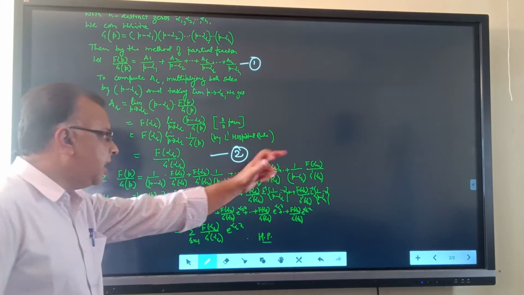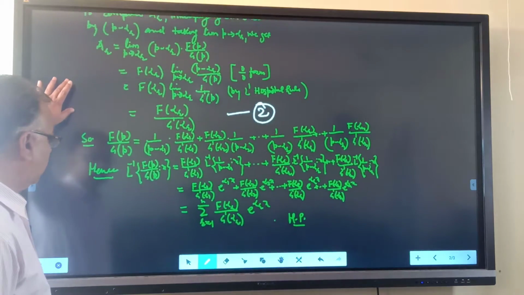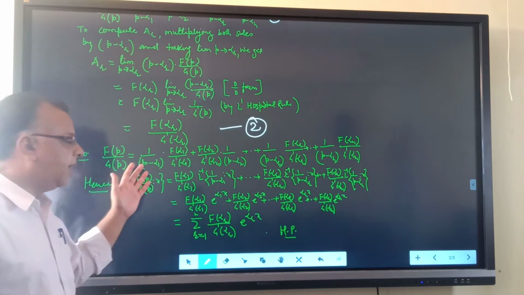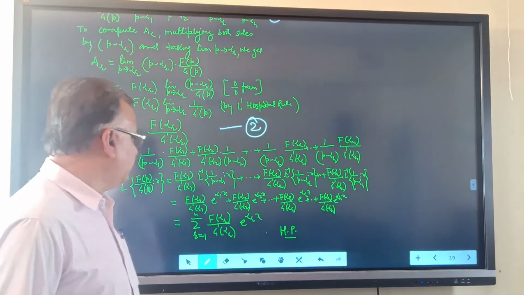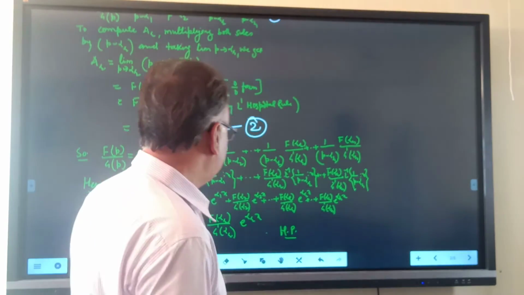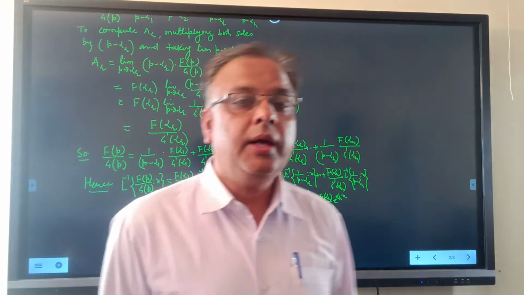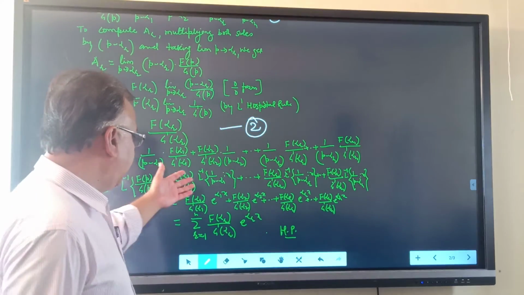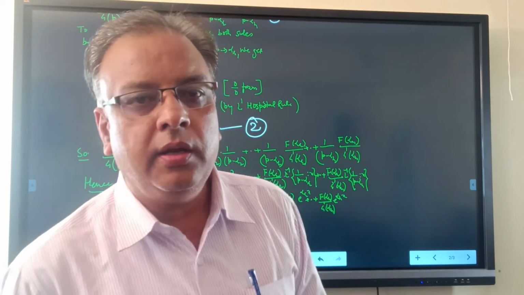So by taking the inverse Laplace transformation of this one, the inverse Laplace transformation of f(p) upon g(p) with respect to x is equal to, since f of alpha 1 upon g dash of alpha 1 is constant with respect to p, the constant times the inverse Laplace transformation of 1 upon p minus alpha 1 with respect to x, and all these sums. And finally, we need to find the inverse Laplace transformation of functions like 1 upon p minus alpha 1 with respect to x.